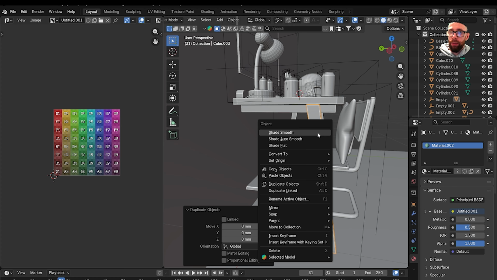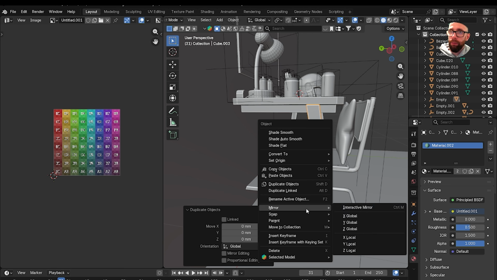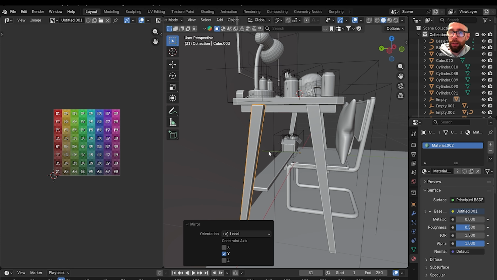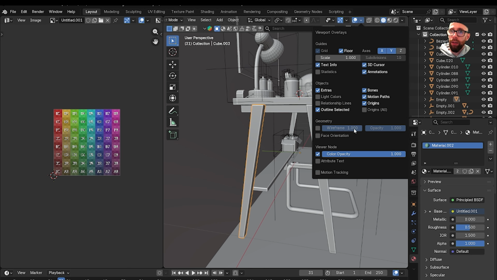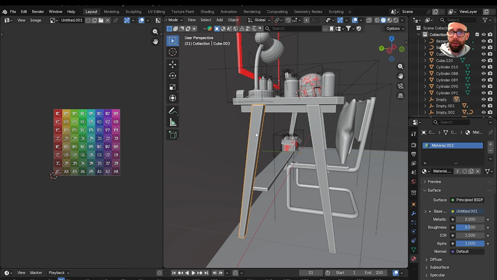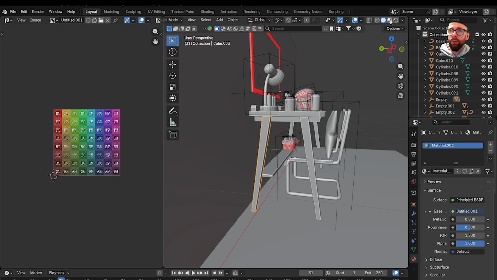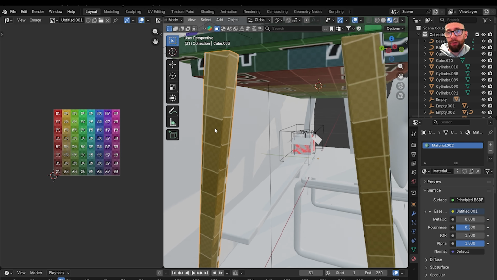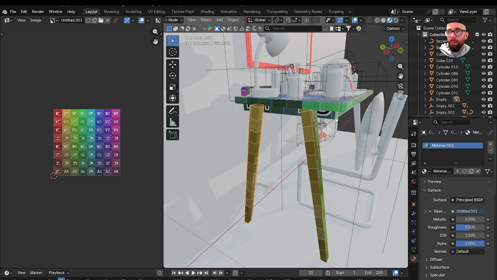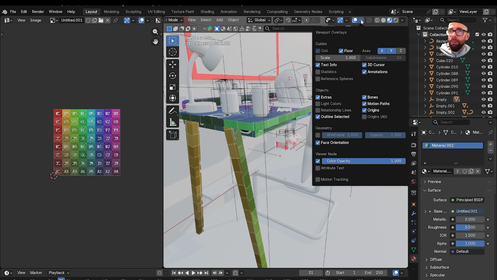Shift D to duplicate, right click, mirror, going Y like that. Now remember, when we do that, it goes inside out. So what we're going to do is select all, 3, A to select all, and Shift N to recalculate normals. But then we bring the material preview on, we see it's already been unwrapped for us, which is exactly what we want. We're going to do the same